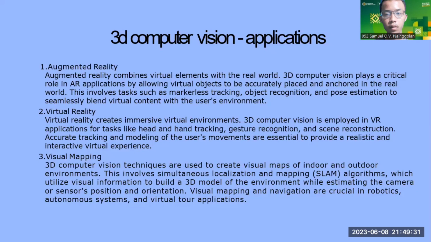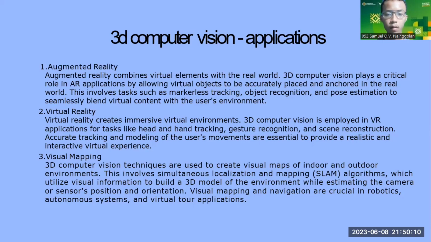3D computer vision applications. First, augmented reality. Augmented reality combines virtual elements with the real world. 3D computer vision plays a critical role in AR applications by allowing virtual objects to be accurately placed and anchored in the real world. This involves tasks such as marker tracking, object recognition, and pose estimation to seamlessly blend virtual content